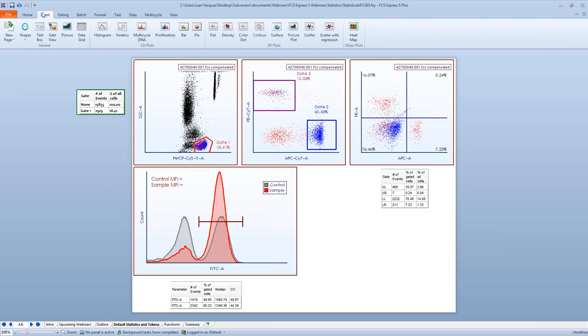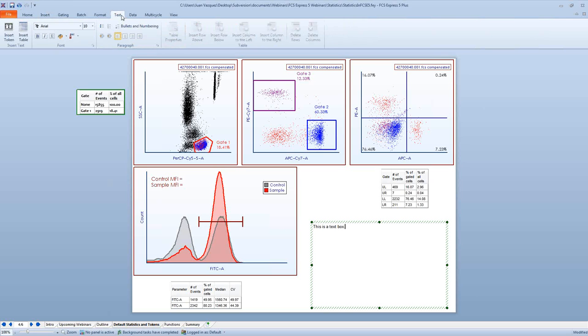To do that, we need to insert a text box. From the Insert tab, under the General section, you'll see the option to insert a text box. I'm just going to click on that, and click on my layout to insert the text box. This text box is just like any other text box where we can just type regular text. And FCS Express has a fully featured text editor,